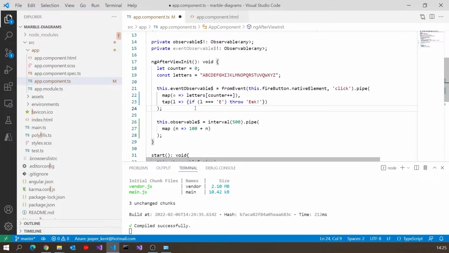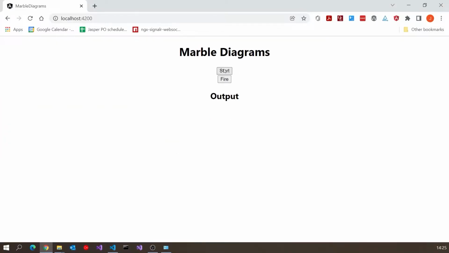So very simple. Hopefully, if you've seen the earlier videos, that's easy enough to understand without a diagram, because we know all that's going to do is give us 100, 101, 102.